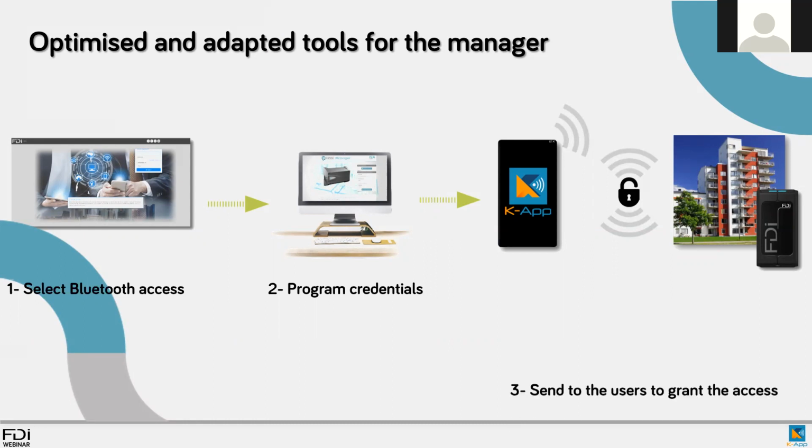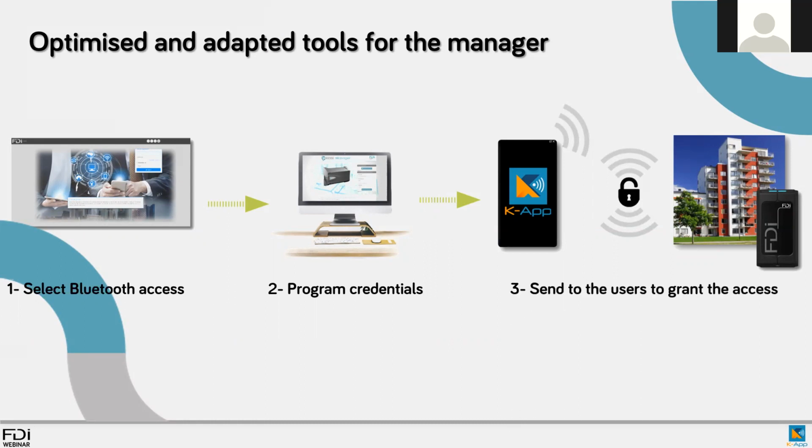Then, and it's also the link between this first part and the part dedicated to the end user, we'll see how we send to the user and how we inform him that a Bluetooth access has been granted for a designated site. So now I will show you iPerson. We're just going to share my screen, and you'll be able to see